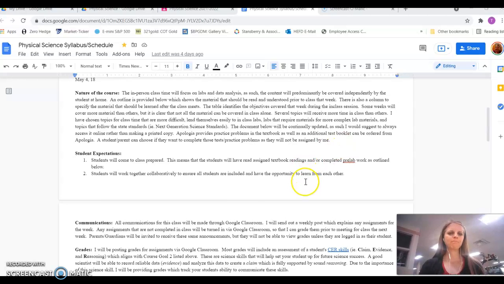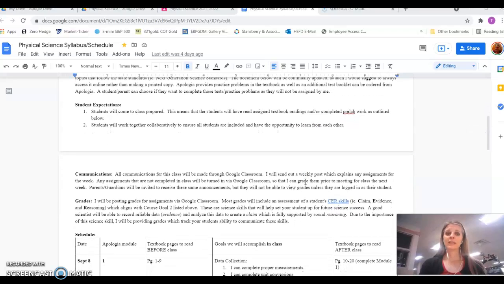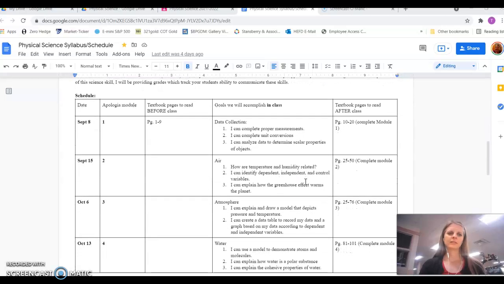Okay, so what I'm expecting from the students is just to come prepared for class. That could mean many different things, but mostly it's reading through the chapters. I'm not asking them to read through the chapters before class very often. So taking a look at the syllabus here, I've got most of it all planned. I've got about 3 days I'm kind of thinking through in my head, like, oh, how do I want to do this? Those are later on in the year. But like taking a look before class, pages 1 through 9, the pages that I might have them read might be more of a history kind of thing.